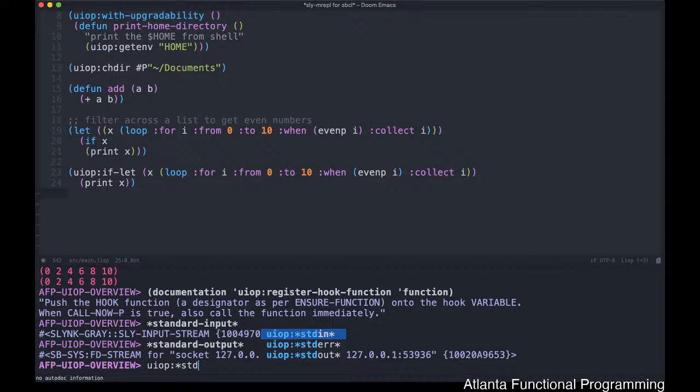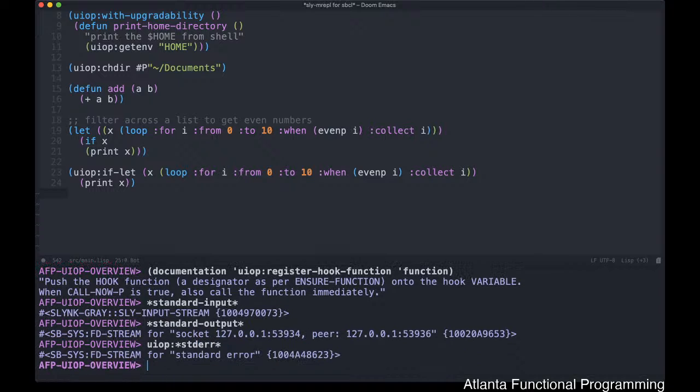This is kind of unifying multiple Lisps that may have standard error already available and defined with those that do not define it. And that's pretty useful for folks when you're writing portable code. So if you see what standard error is currently defined as inside